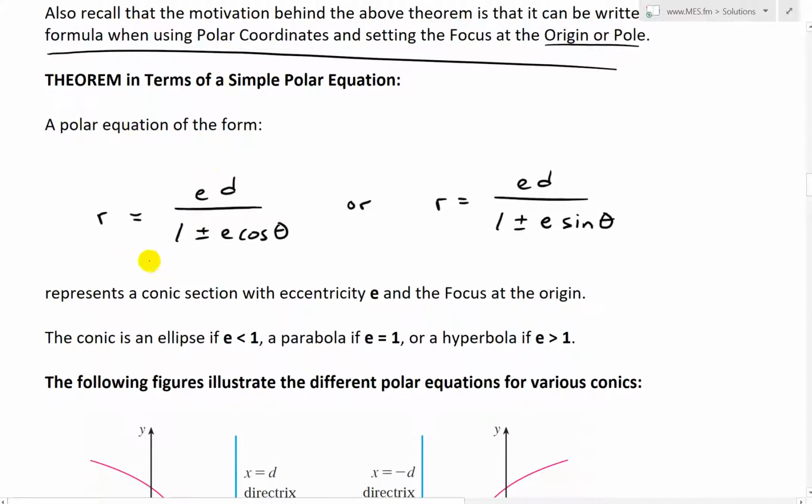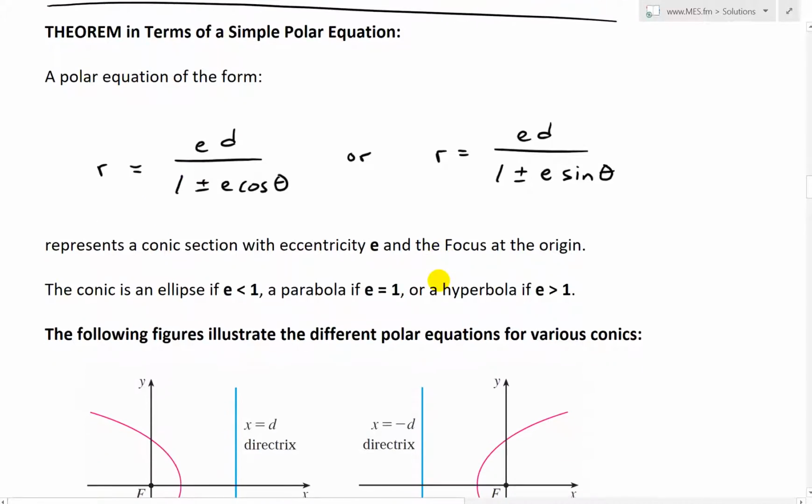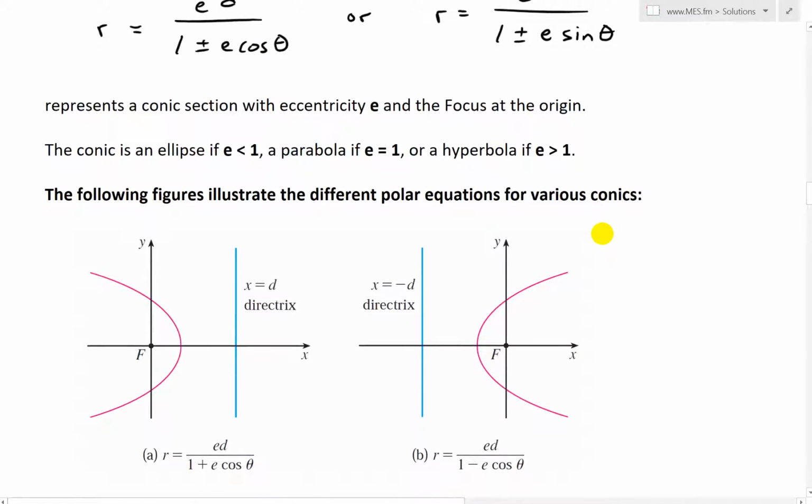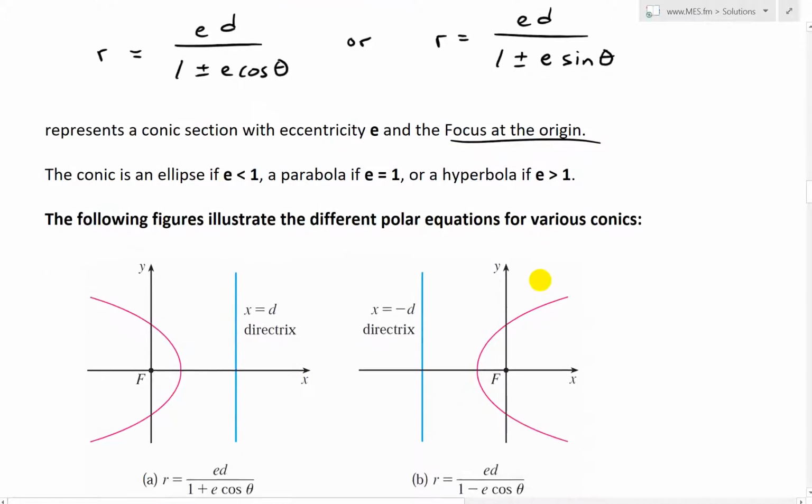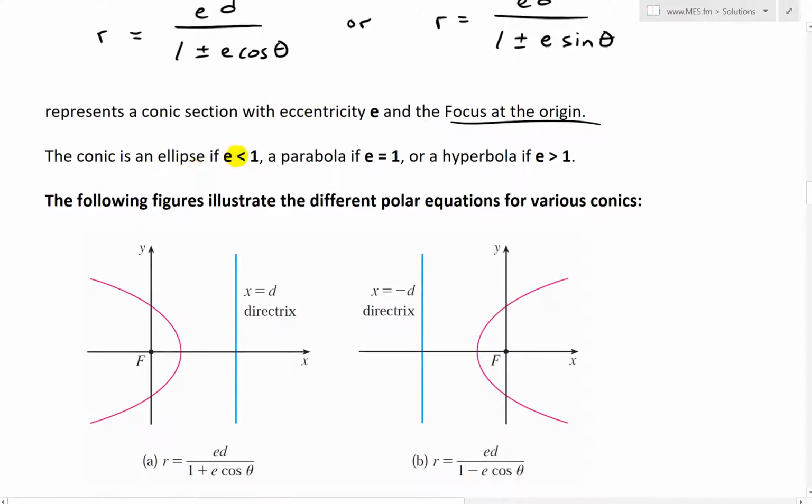A polar equation of the form r equals e times d divided by 1 plus or minus e cosine theta, or r equals e times d divided by 1 plus or minus e sine theta. So, plus or minus, and instead of the cosine we use a sine. That's for vertically opening conics. So a formula in any of these forms represents a conic section with eccentricity e and the focus at the origin. The conic is an ellipse if e is less than 1, a parabola if e equals 1,